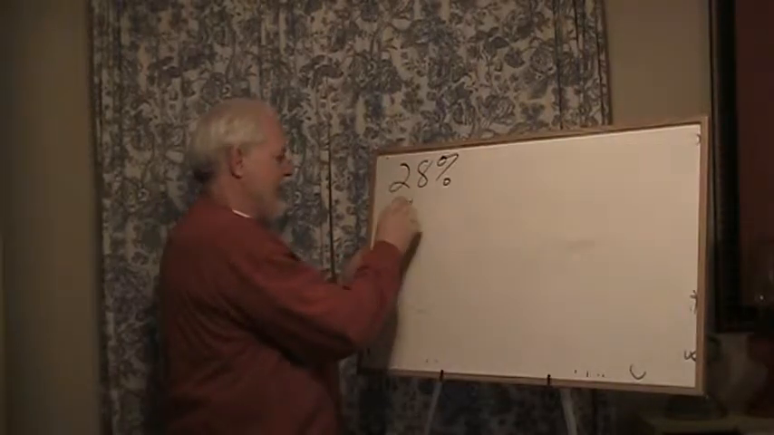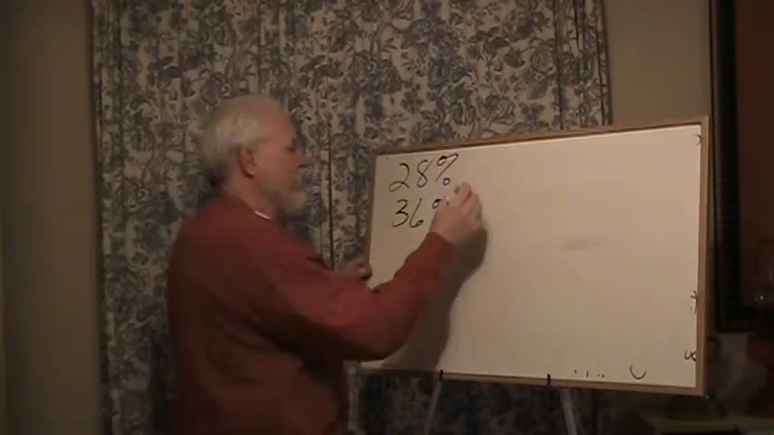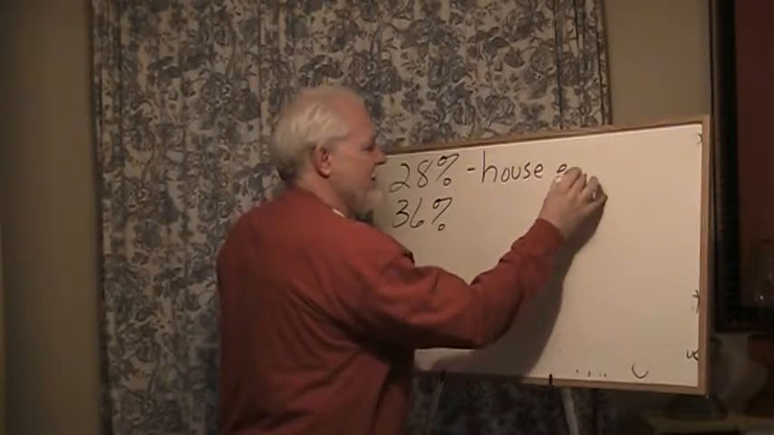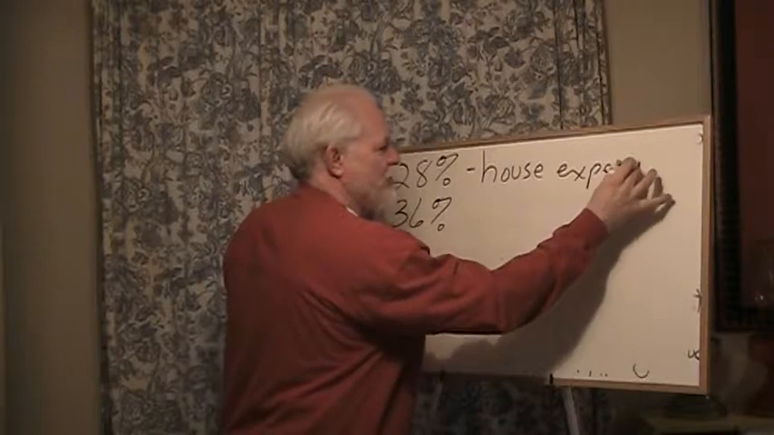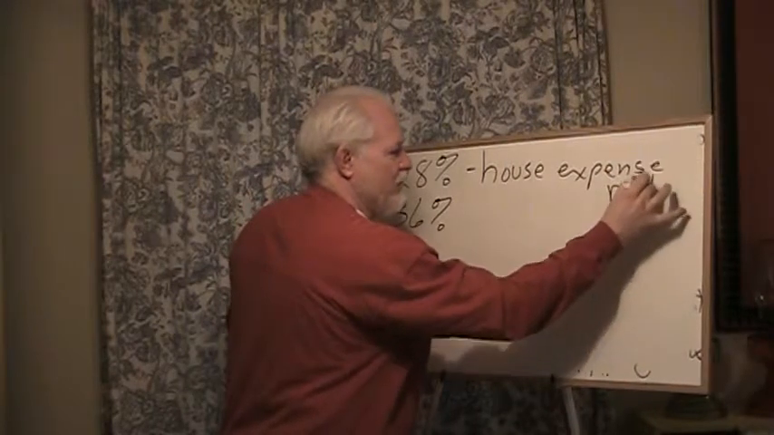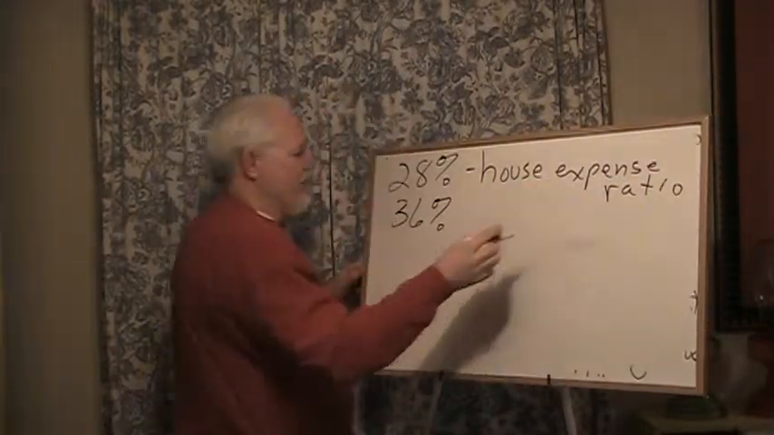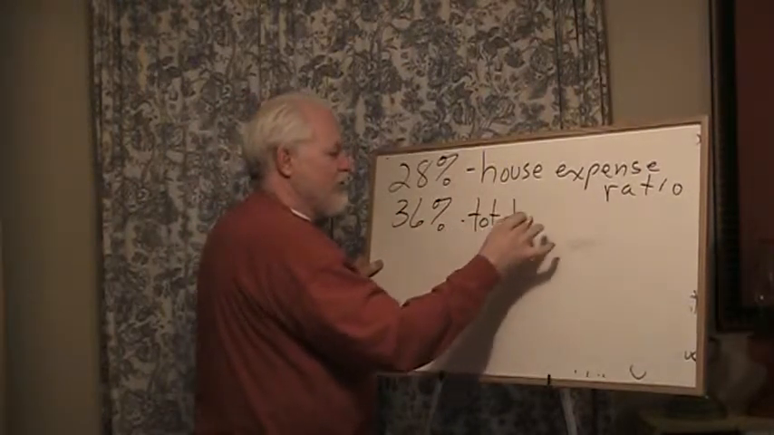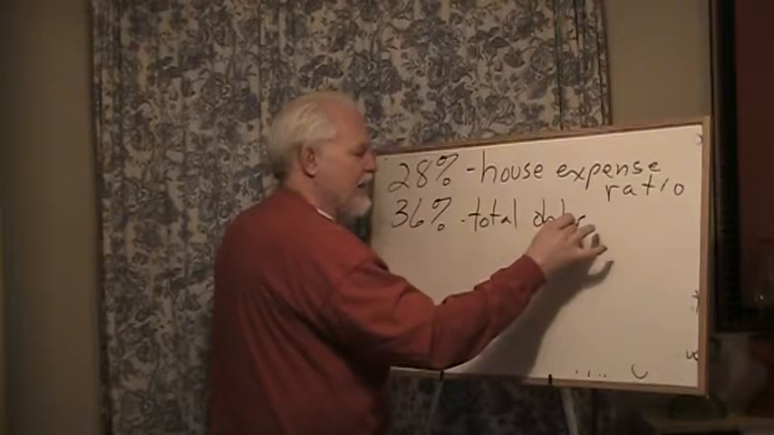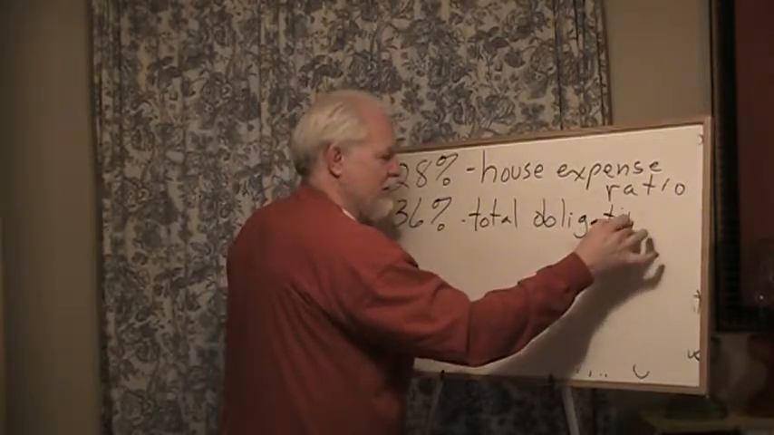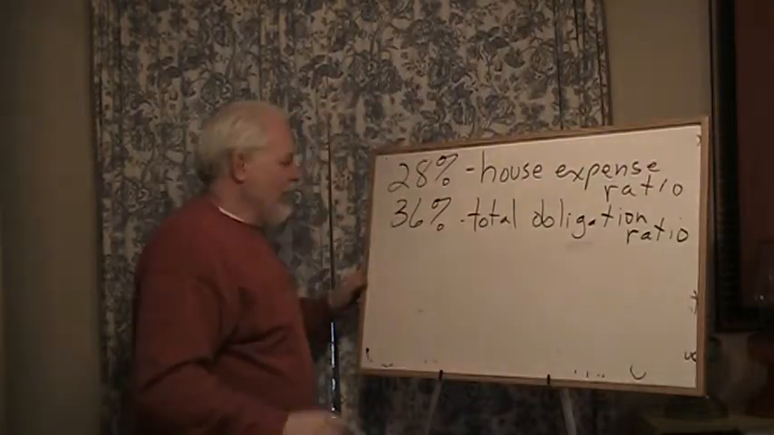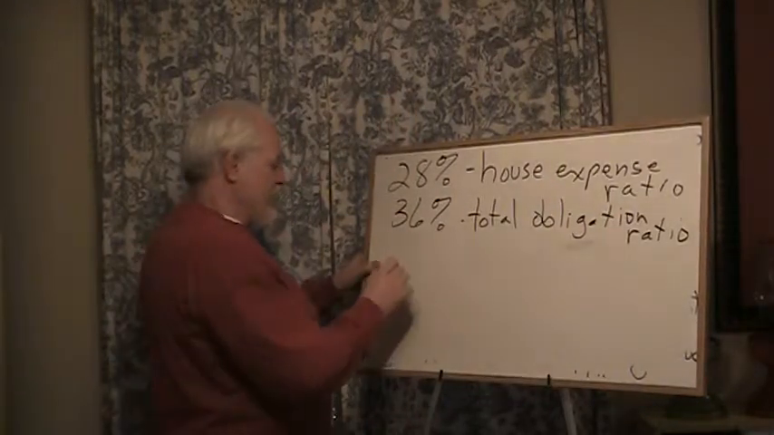The next thing we're going to do is 28% and 36%. Now what are these? This is the maximum housing expense ratio that some lenders allow, and this is the maximum total obligations ratio that some lenders will allow. So let's take a guy that's making